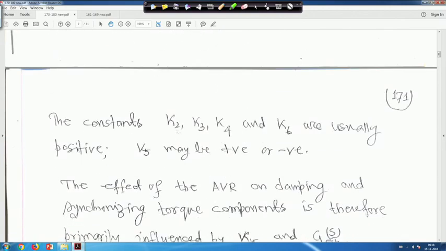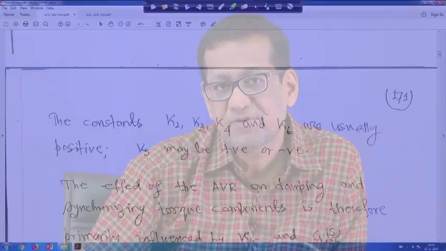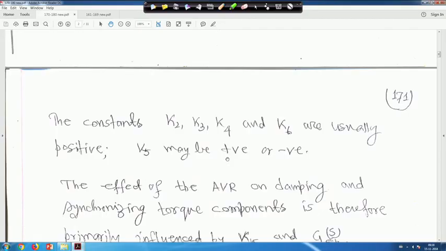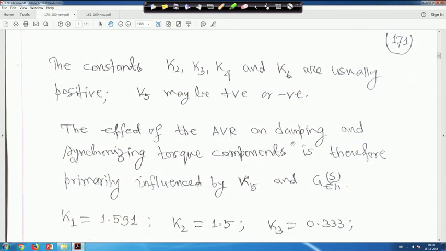Therefore the constants K2, K3, K4 and K6 are usually positive. K3 will remain constant for a system, and K5 may be positive or may be negative. The effect of the AVR on damping and synchronizing torque components is therefore primarily influenced by K5 and the GXS, that is the exciter transfer function, but here we will simply represent it by a gain, for easy